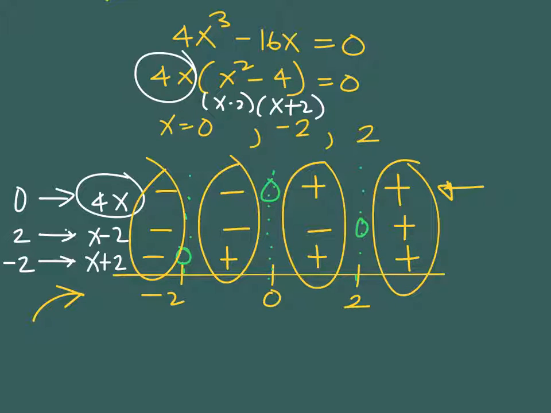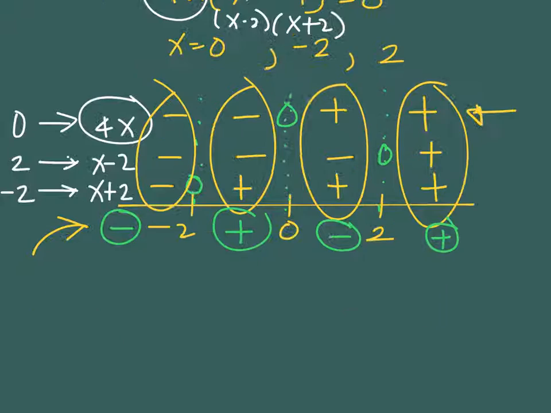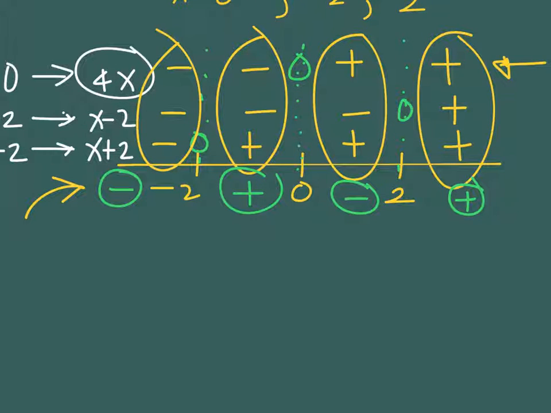This is 4x times x minus 2 times x plus 2. First interval is negative. Follow? Did you understand? Second interval is positive, because negative times negative is positive times positive is positive. This is negative, and the last one is positive. So this is where you get your conclusion. That negative sign that you see here means it is decreasing. The function here is increasing,